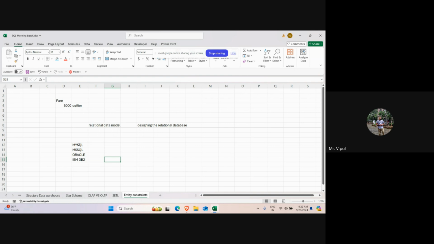So let us see what the elements of the vocabulary of the relational data model are. The first is that data is organized in the form of tables and columns. This is very similar to Excel, if you are familiar with it. Just like in Excel we have cells, rows and columns, these are also in the relational data model. We call them tables. So, for example, we can have a table called employee,